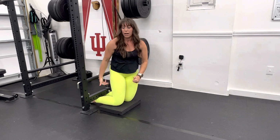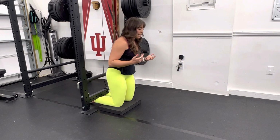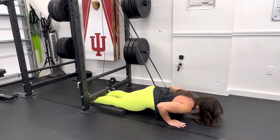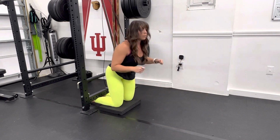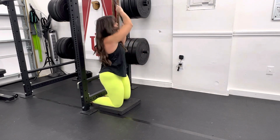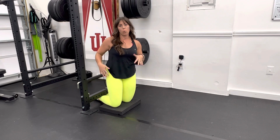You can make this more difficult by how much you are kicking up into the barbell or the squat rack. What we don't want to see is coming down and moving in a lot of different parts, and then on the way back up, leading with the hips or arching your back a ton. Those movements are not wrong or bad. They're fine to start if you're just getting used to the movement,